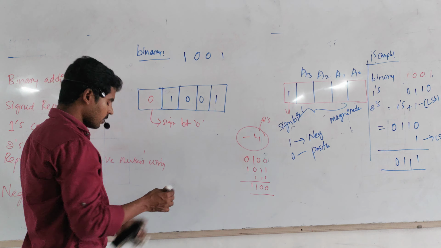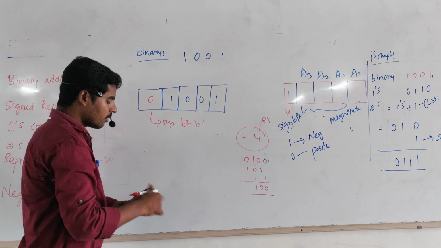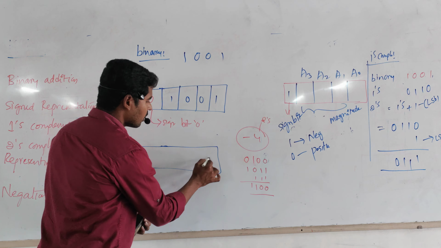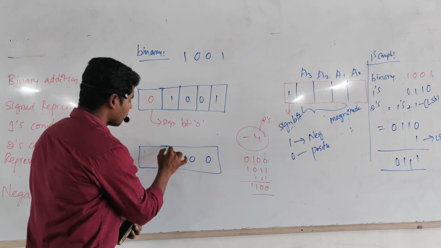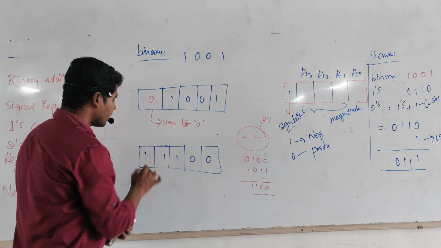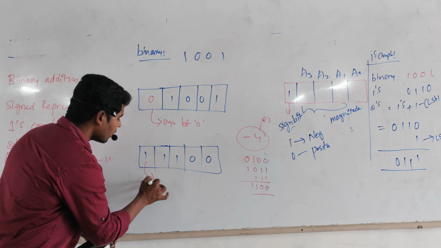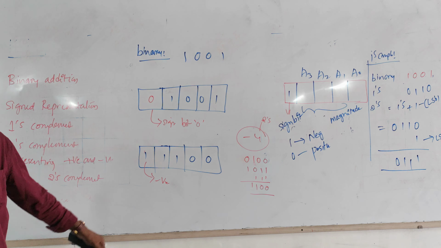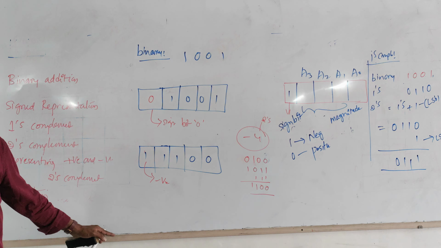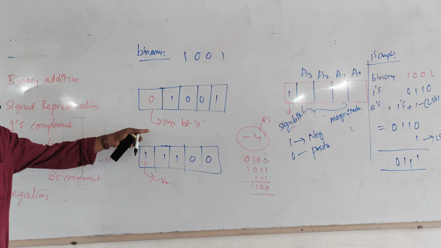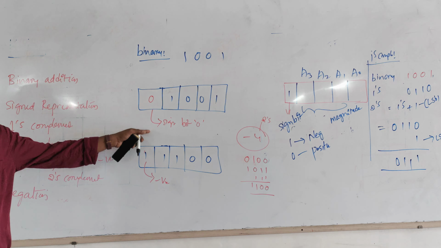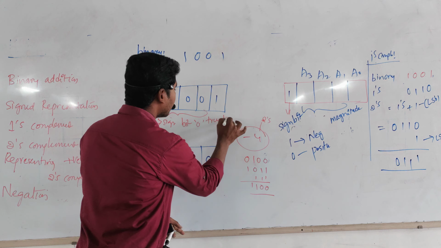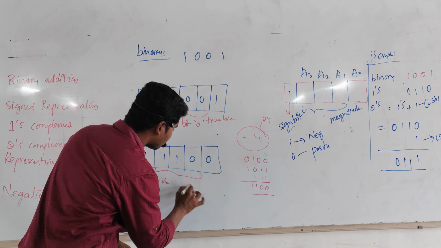So in terms of the 2's complement format representation, you have to represent that negative number in this form. The sign bit is 1 because it is a negative number. This is the way of representing 2's complement numbers. In a basic scenario, if it is a true binary number, it is a 2's complement.